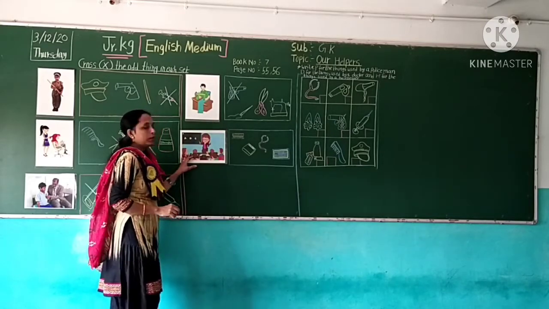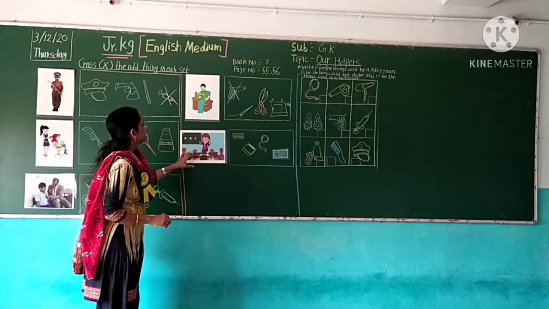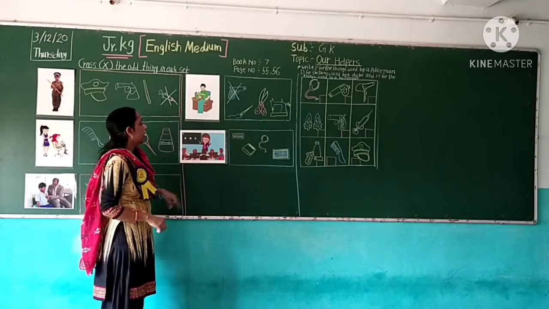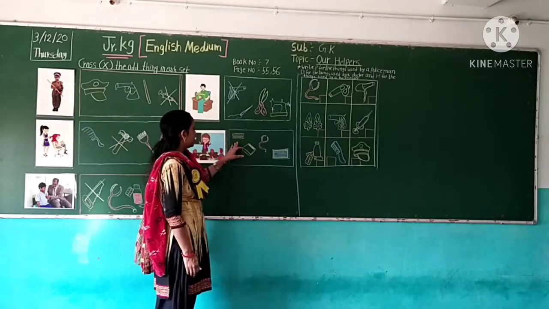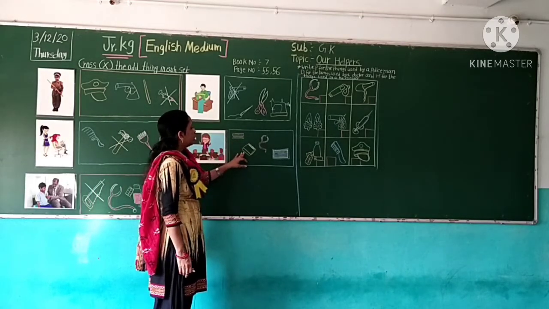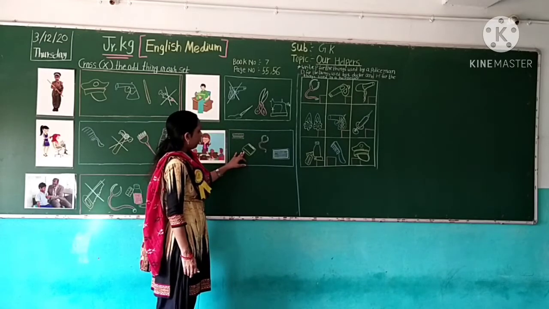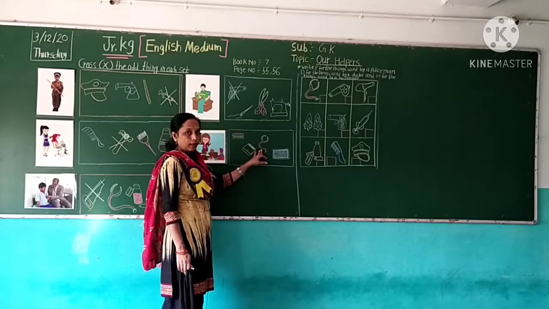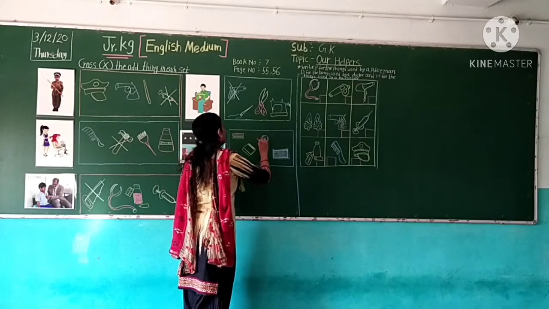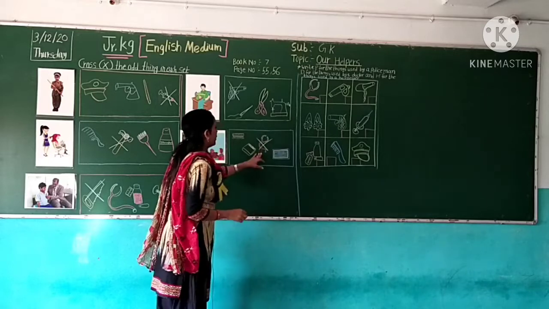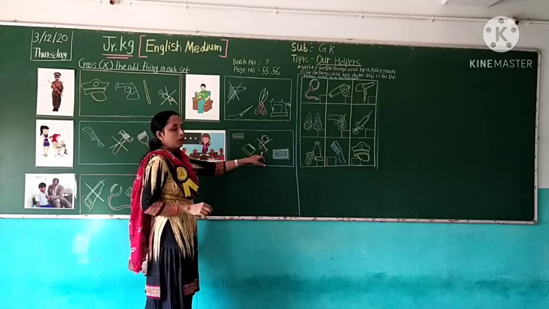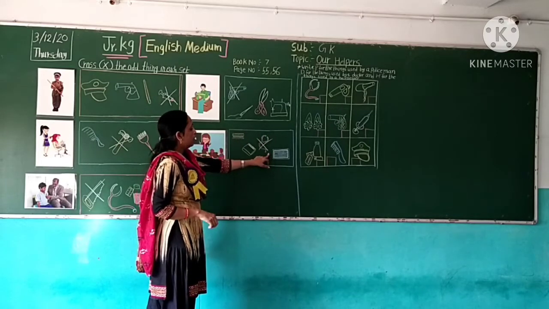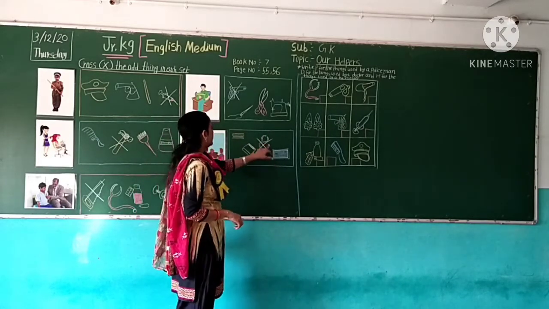And last, look here. Which picture is this? Teacher. Which picture is this? Teacher. So what is this? Duster. What is this? Pad. And what is this? Stethoscope. Does a teacher use a stethoscope? No. So here we cross. These things are not used by a teacher. These things are odd. So here we cross. This is a blackboard. So a teacher uses a blackboard. These things are